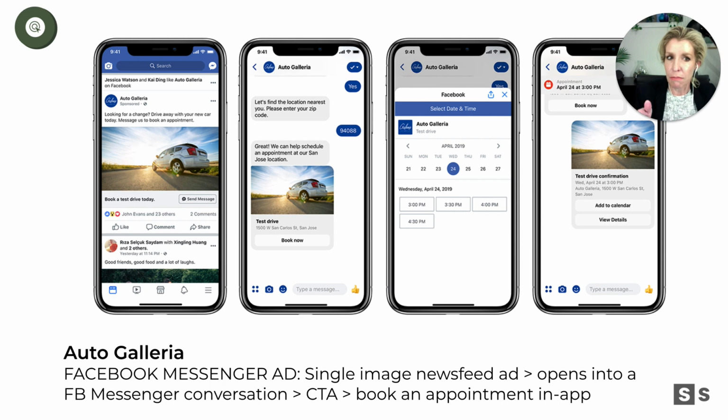I've been served up this Mazda ad because this auto dealer knew this, and they're tracking. They're serving up an ad to someone who's interested in that type of car and has been on this type of website before. I get that ad when I'm actually at the bottom of my journey. So good on these guys that they're taking advantage of all of my research so far, and maybe I've been watching YouTube videos from their competitor, but they're going to reach me with that really high converting, super simple ad where I am in my newsfeed on Facebook on a Saturday morning and saying, hey, do you want to test drive that car you've been looking at, essentially?